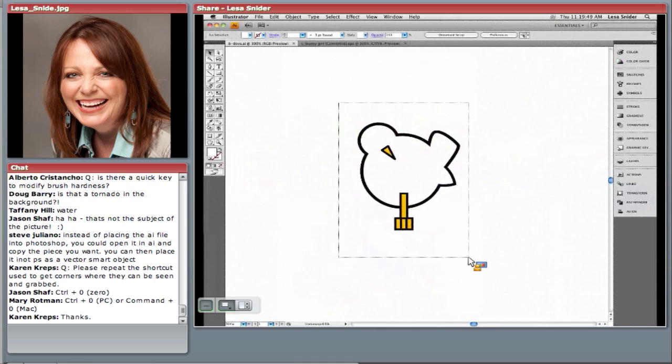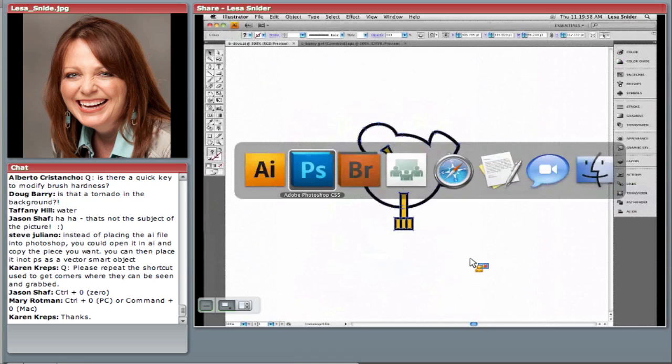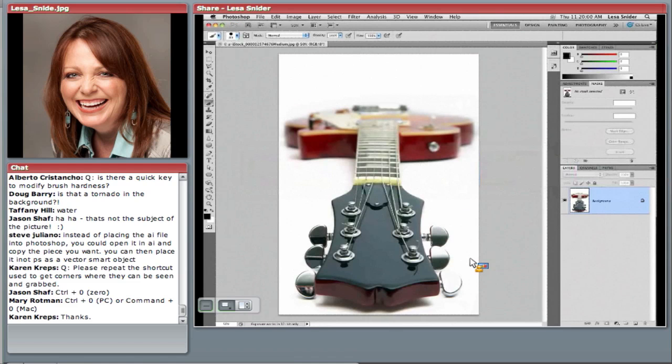PC, or of course you can use the direct selection arrow and just click and drag and draw a bounding box around your art in Illustrator, and simply copy it to your pasteboard by pressing Command-C or Control-C on a PC. I'm going to switch back to Photoshop, and I just simply paste. So I'm going to press Command-V as in Victor, or Control-V as in Victor on a PC, and Photoshop's going